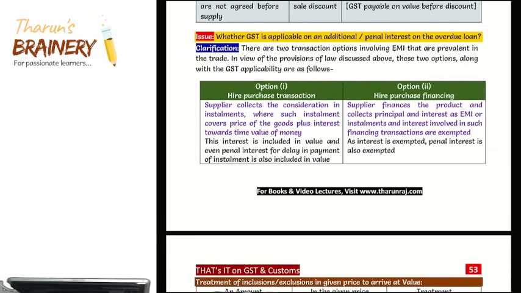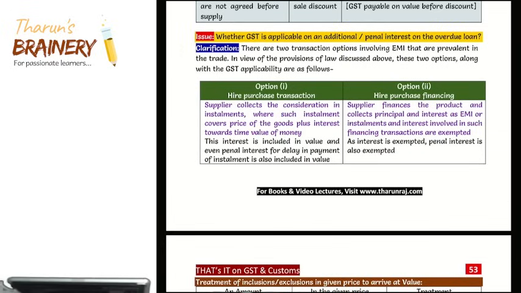You got it? Now, in every installment EMI, there will be an interest component. That interest will be exempted. Why? Because interest on account of delay in receipt of consideration is taxable, but interest on loans, advances, deposits is exempted. Got it? So write down in your notebook,